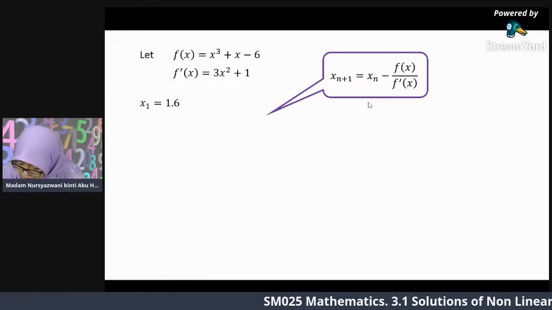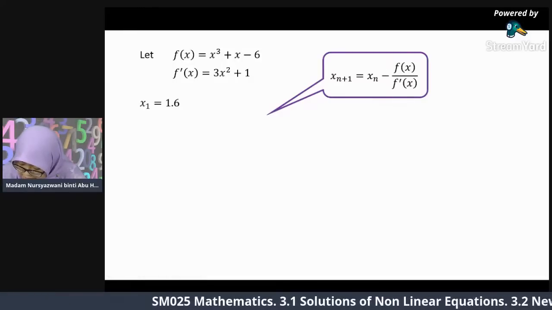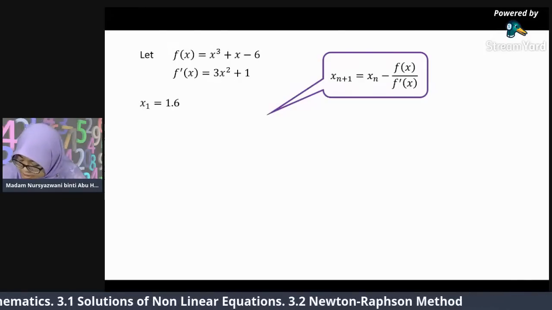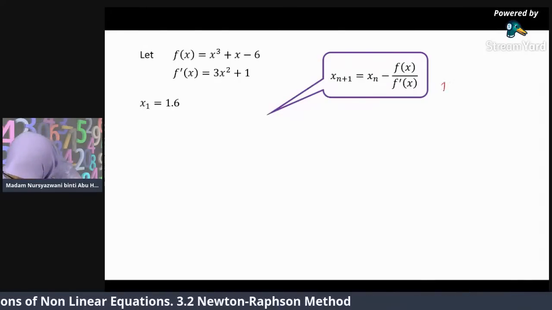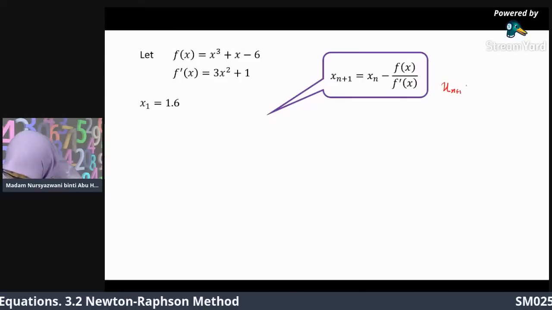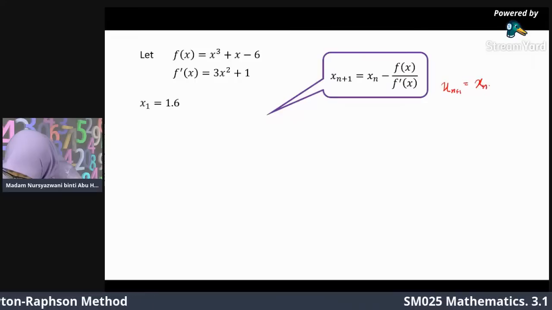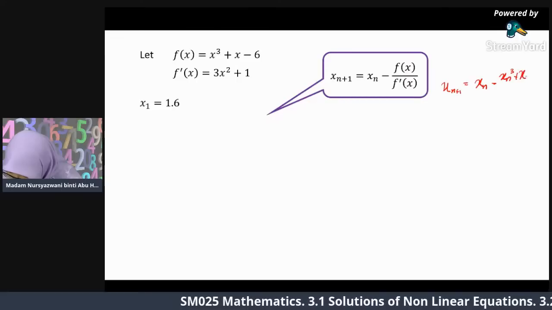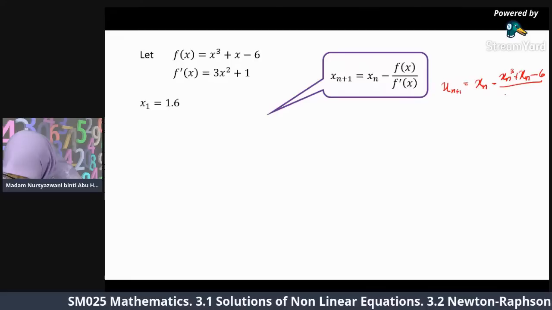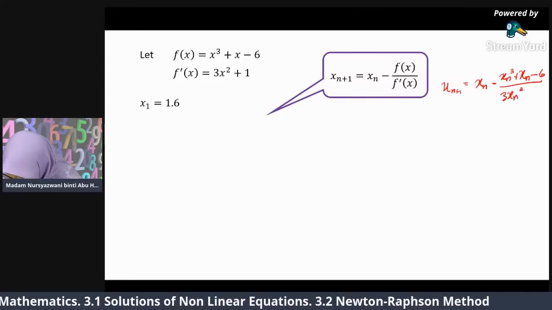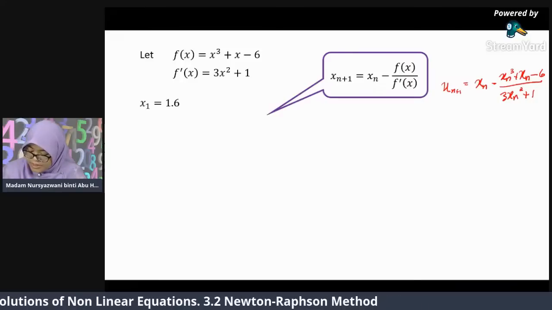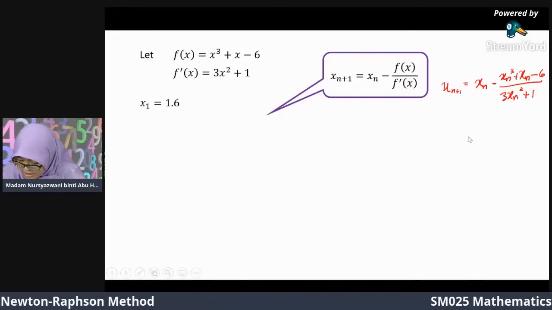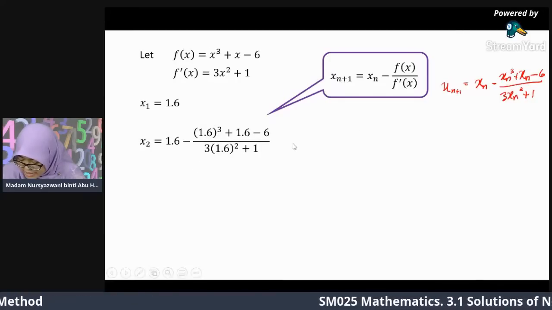Okay, now from this case, f(x) ini adalah yang ni lah, f prime x adalah yang ni. Okay, so saya tulis Newton-Raphson formula yang baru adalah x_n minus (x_n cubed plus x_n minus 6) divided by (3x_n squared plus 1). Okay, so we substitute 1.6 into this formula. So x2 you get